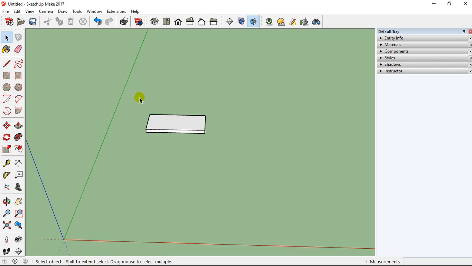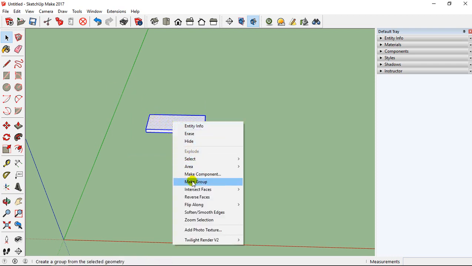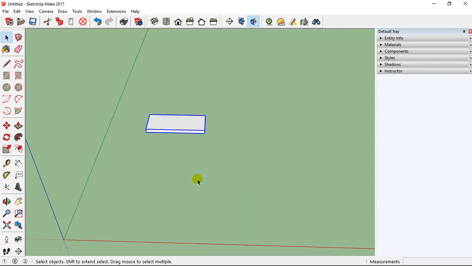What is the interest to create a group is that after, you can scale your entity. It is like an entity, but you have a small difference with the component. So you can see here, I can just select a segment or just a face. If I want to create a full selection, I'm going to use the rectangle selection tool. And after with this, I can right click and select make group, like that. And now you can see that this part is a group.